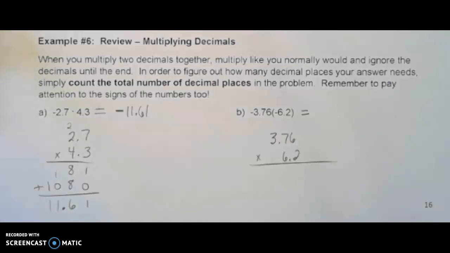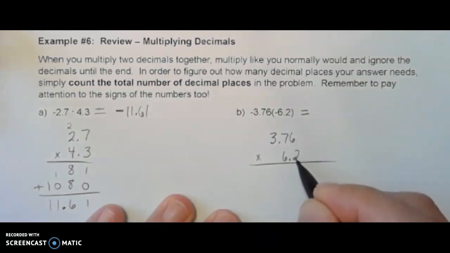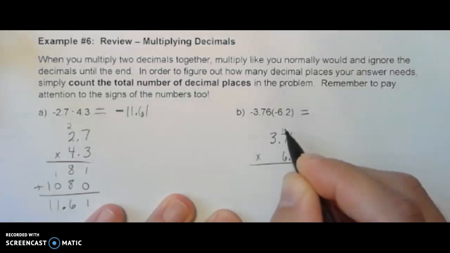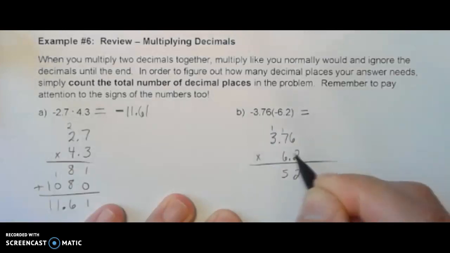In example B, we have a negative number times a negative number, so my answer is going to be a positive number, and now I'm just going to multiply, okay? And remember, when you multiply with decimals, you don't have to line up your decimal places. We're just going to multiply like normal. So 6 times 2 is 12, 2 times 7 is 14, add 1 is 15, 2 times 3 is 6,